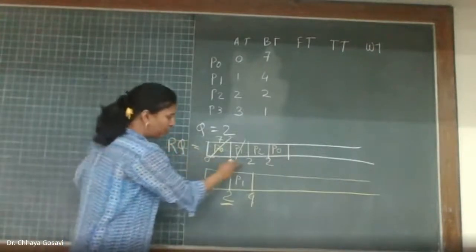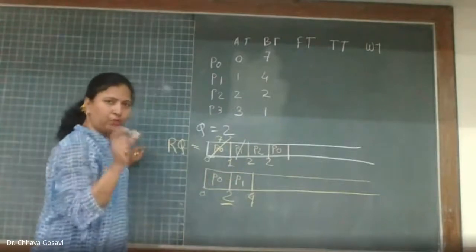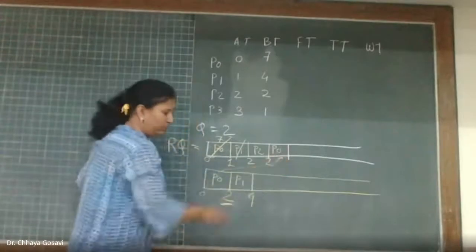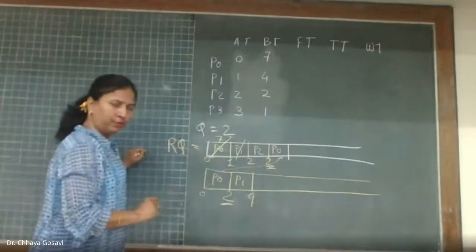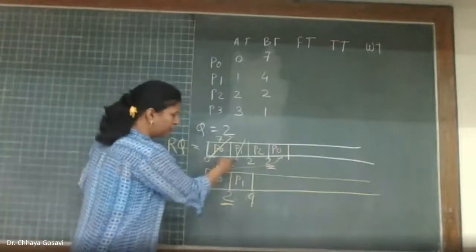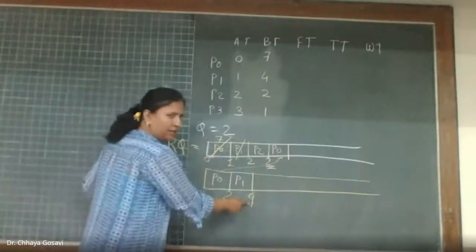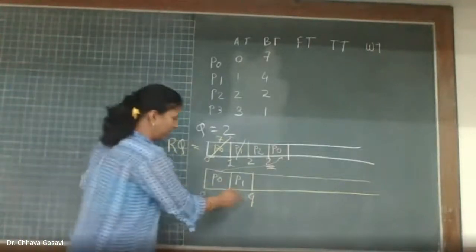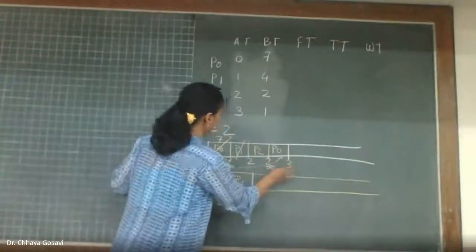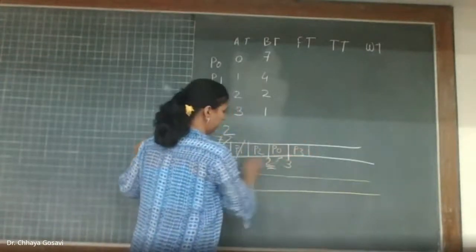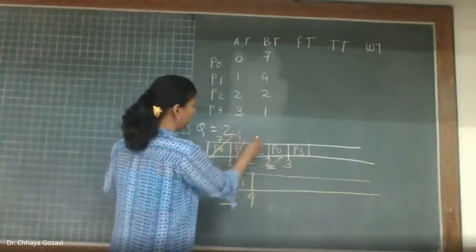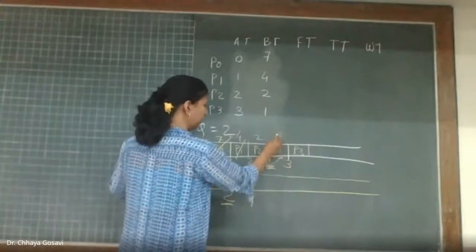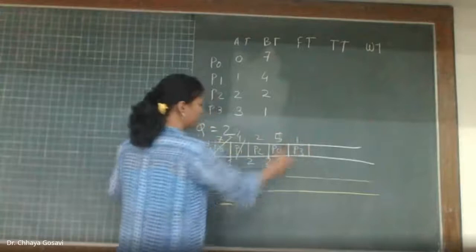Okay. Now what happened at 2? P0 completes its time quantum, so it has to be preempted and go back to the ready queue. So this happened at 2. And P1 has to be scheduled, because P1 came first, for the next 2 cycles. This step is clear? Then at 3, P3 arrived. Remaining time for P1 is 4, and sorry, for P0 now it is 5. And for P3 it is 1.